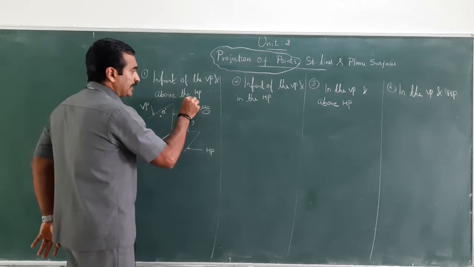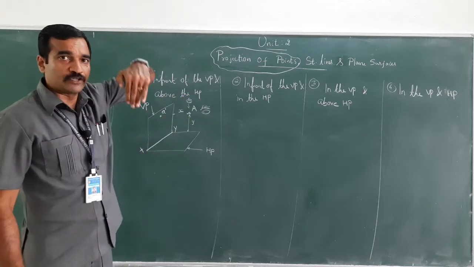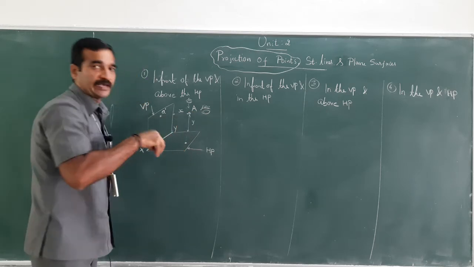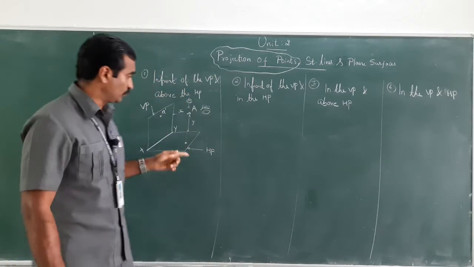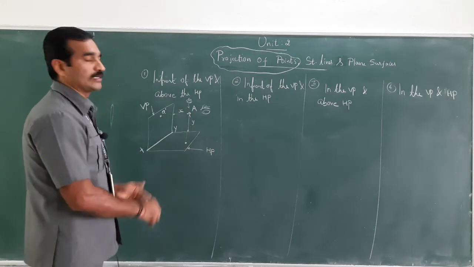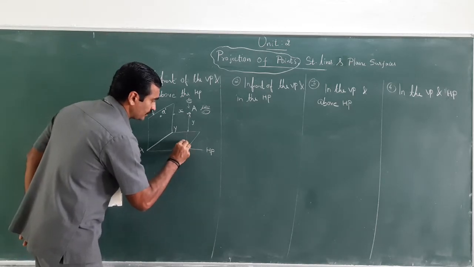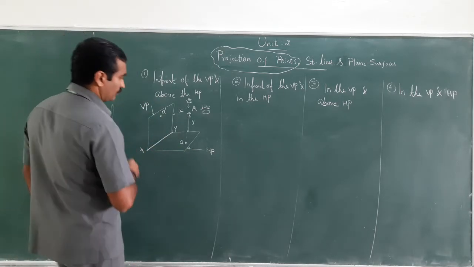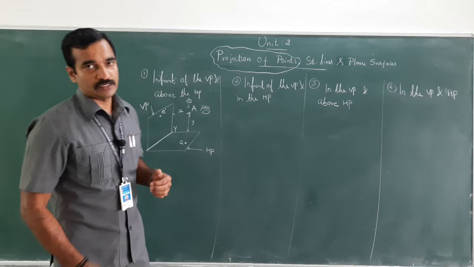When the observer is looking at the object from the top, its image will fall on the HP, that is the top view. That is, the observer is looking at the object perpendicular to the HP. So the projection obtained on HP is nothing but the top view or the plan, and this can be denoted as A. Got it?